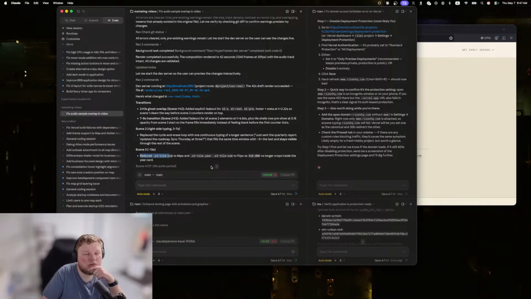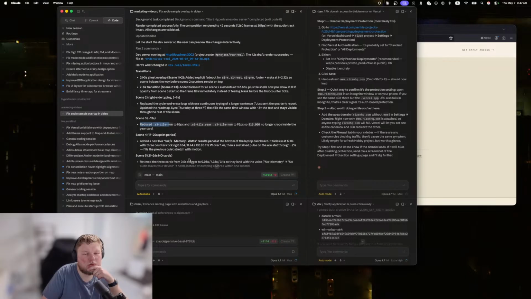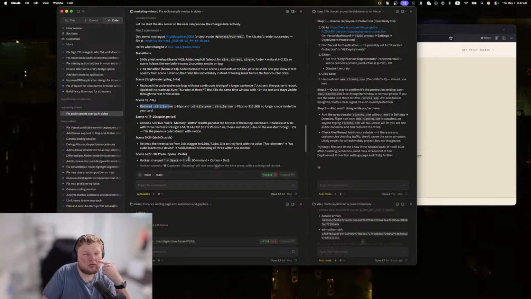Scene 3. Add a new live tokens per second memory, what? Scene 5. 3 cards from